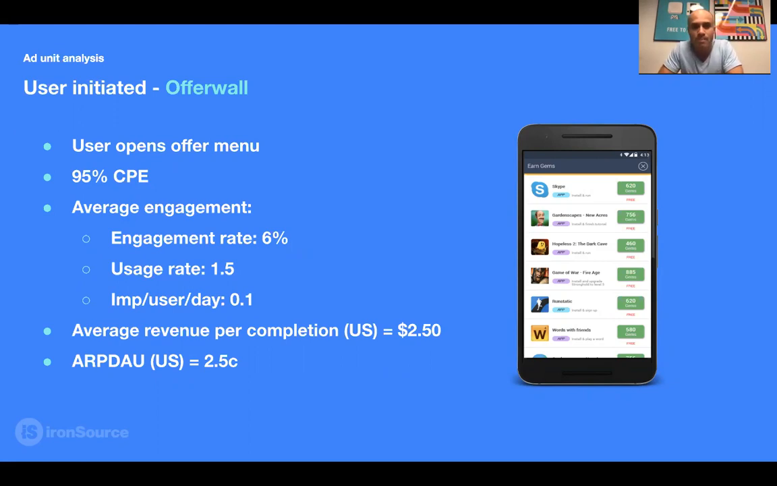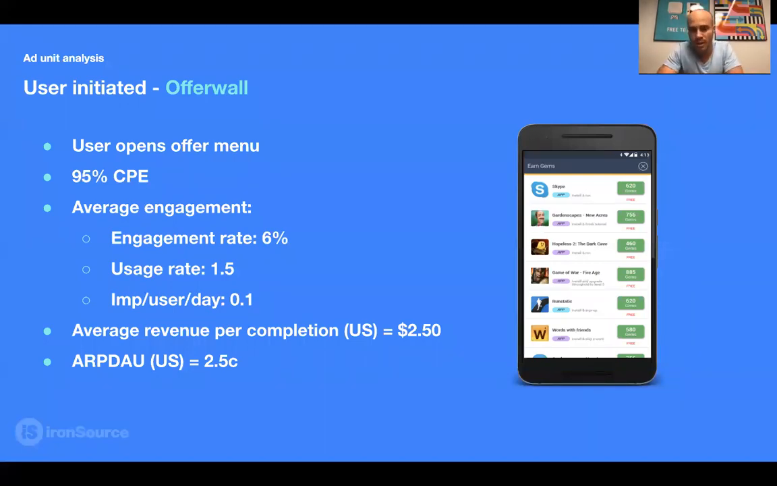The average KPIs that we see for offer wall are a 6% engagement rate, 1.5 usage rate, and a total of 0.1 impressions per user per day. Now, it's very, very important to understand the differences between offer wall and rewarded video, and why we see such different KPIs. So first of all, rewarded video: what you are asking the user to do is to give